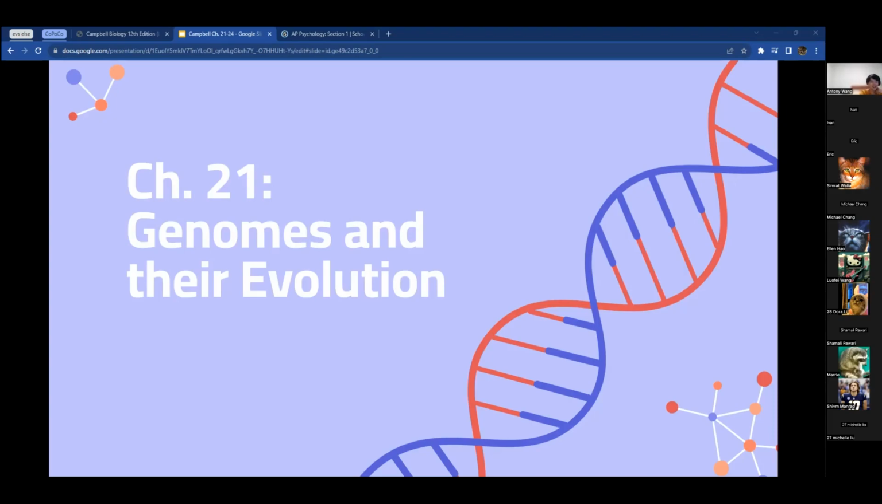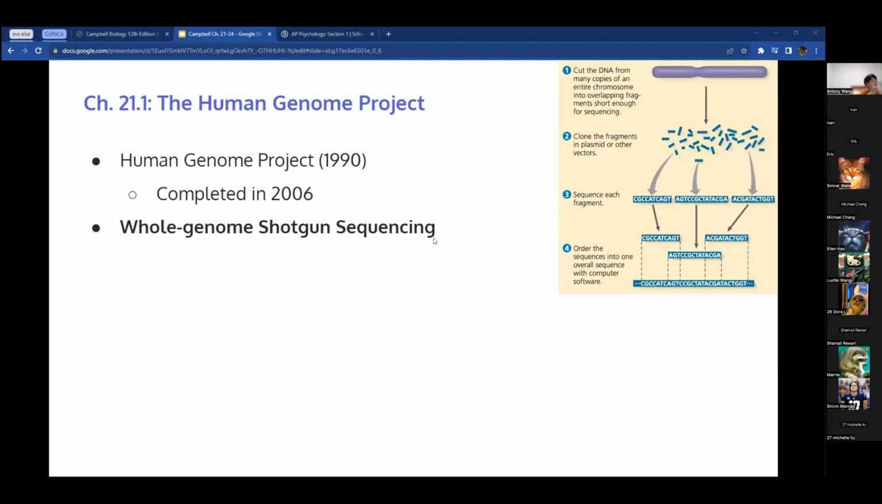Okay, let's get started. Today we'll be covering Campbell's chapters 21 through 24, starting with genomes and their evolution. So in the 1990s,